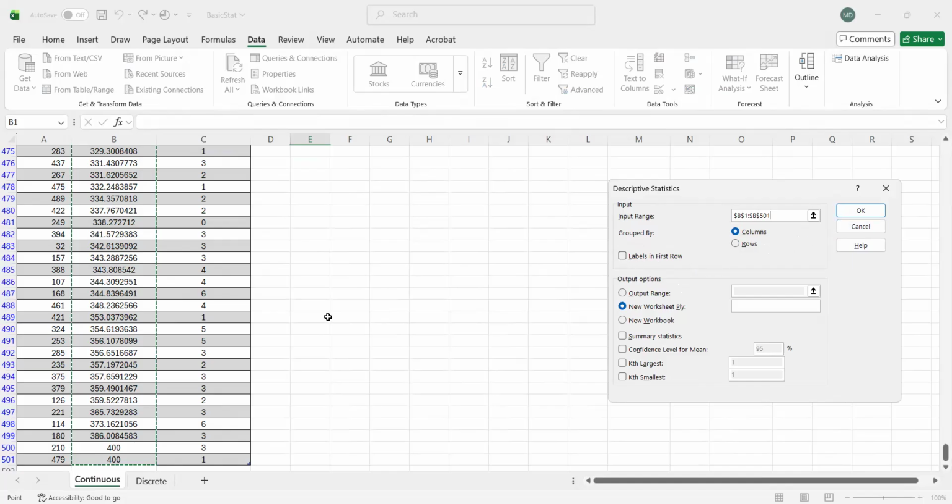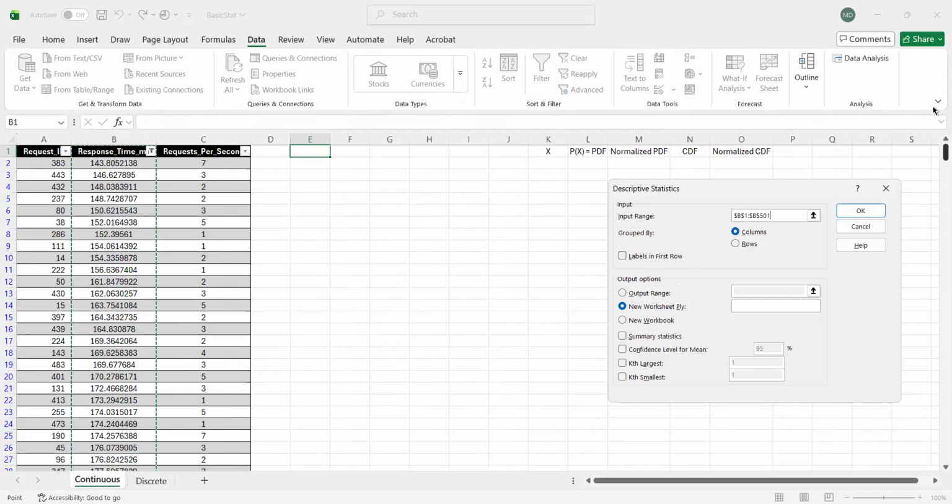Since I included the first row as the header, I have to check this one. Then for the output, I want it to appear here, not on a different worksheet or different file, so I should select this one, output range.